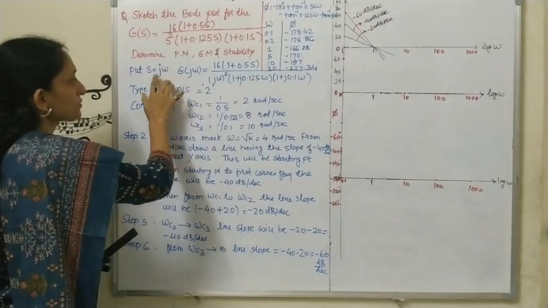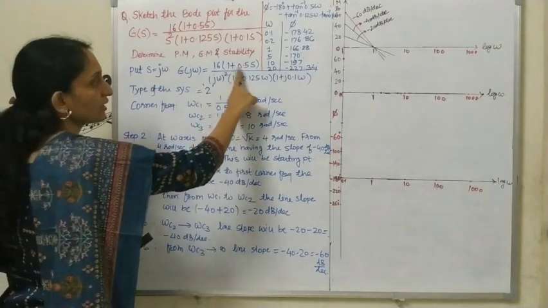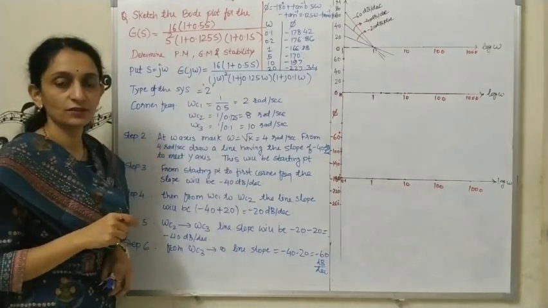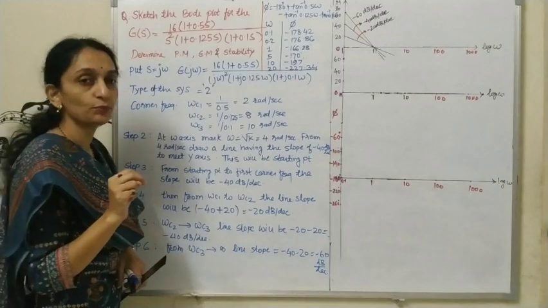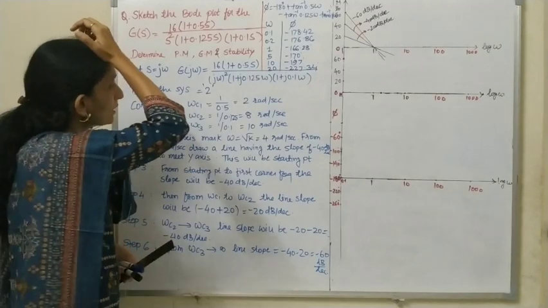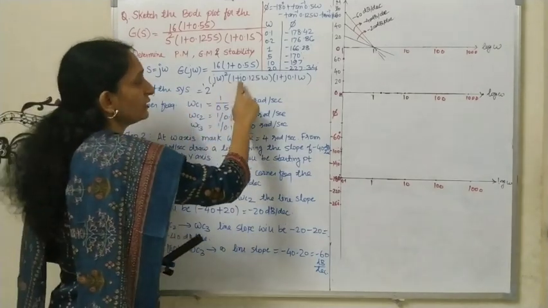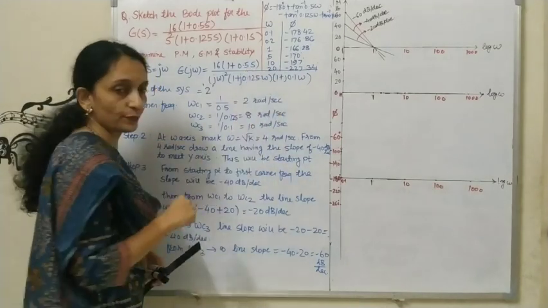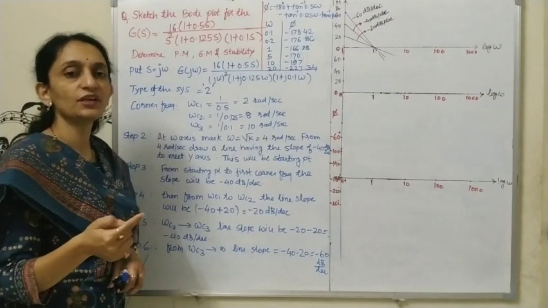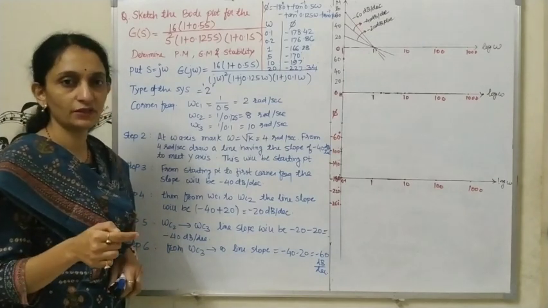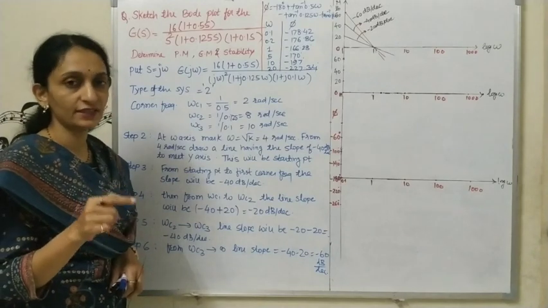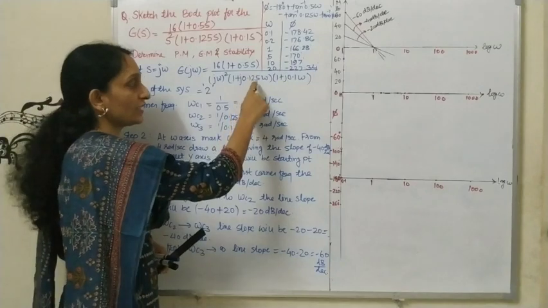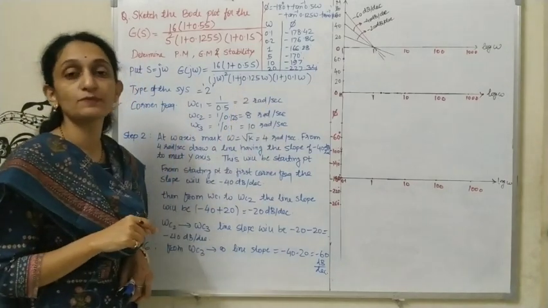So first of all, I have substituted s = jω. Now you can check here the s square term is there, so two poles at origin. So the type of the system will be 2. Now here the finite poles and zeros are there: 2 real poles and 1 zero. Again I will repeat. 1 zero will contribute a line slope of plus 20 dB per decade and angle of plus 90 degrees, whereas a pole will contribute a line slope of minus 20 dB per decade and angle of minus 90.